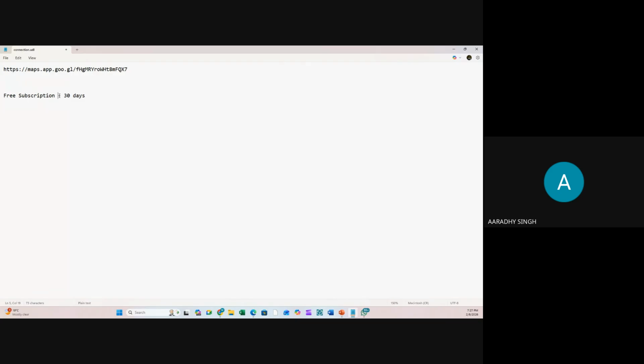For example, suppose Mr. Reddy, the first user is Reddy, then Abhishek and Shivam. Suppose these three members are part of one subgroup. So who can create? Maybe in the first month, Reddy will create a subscription. And what will the other two do? The other two can use it. So it means three members can use the one subscription for 1 month.